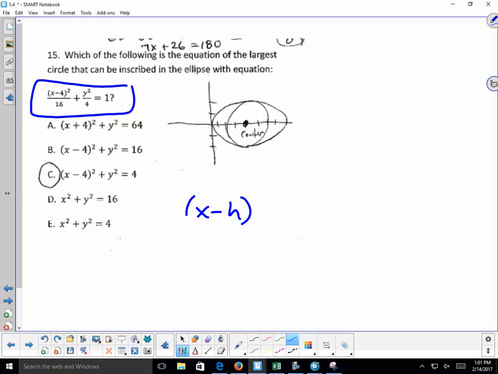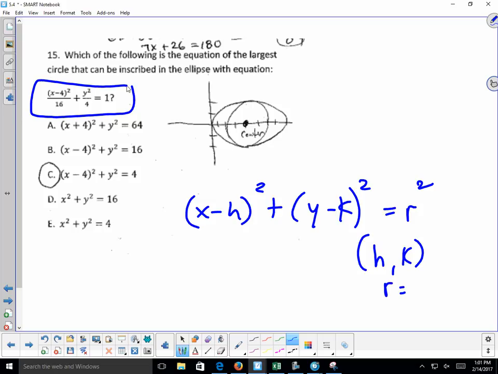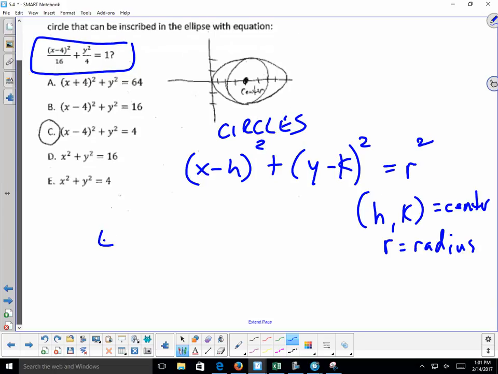You know, circles have this formula, x minus h quantity squared plus y minus k quantity squared equals r squared, where the center of the circle is (h, k) and r is the radius, right? Radius, and this is the center. Everybody remember this? Okay, but with ellipses, the formula is similar, but instead of just having it look like this is for circles. All right, but for ellipses,